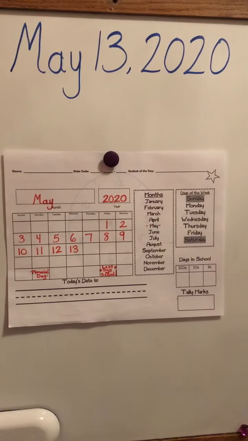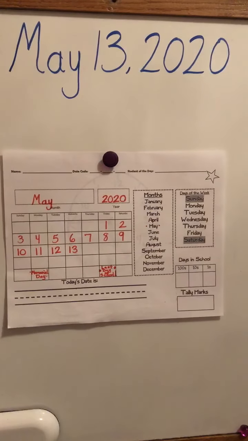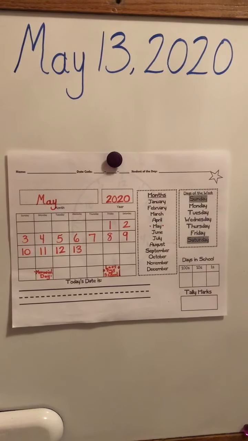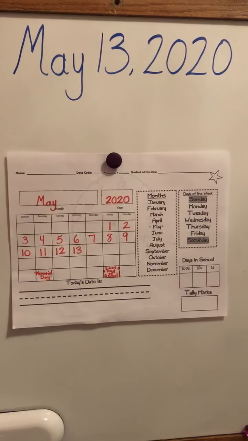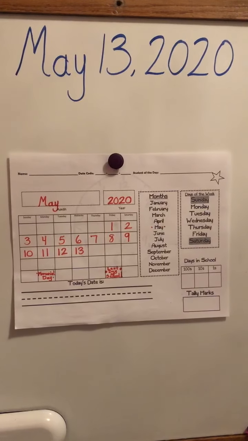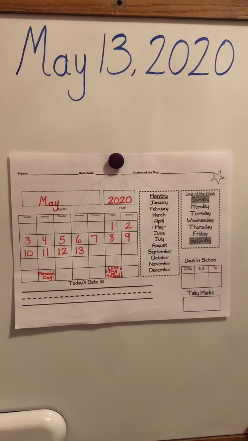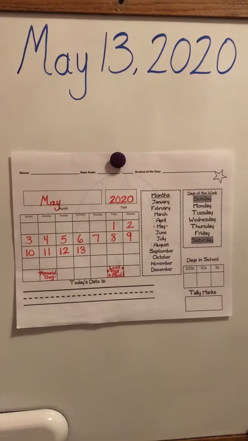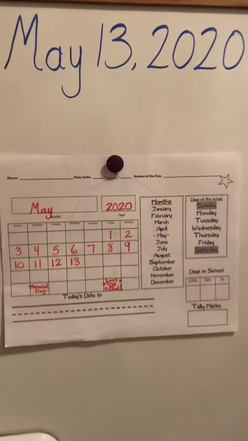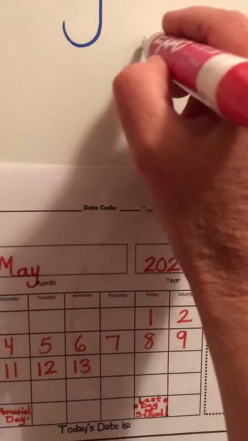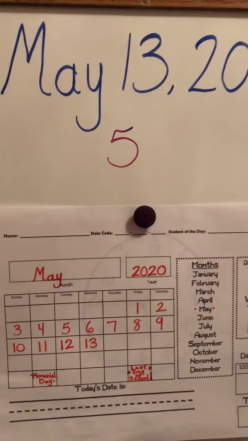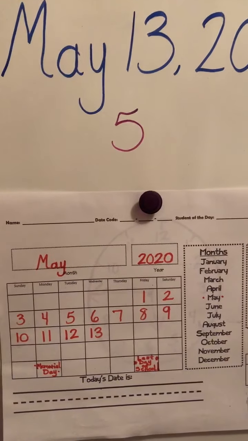Today's date is Wednesday, May 13th, 2020. How would we write today's date using only digits? What number would we put for the month of May? We would write a 5, and I'm sure you've been doing this on your papers, I hope so, because May is the 5th month of the year,